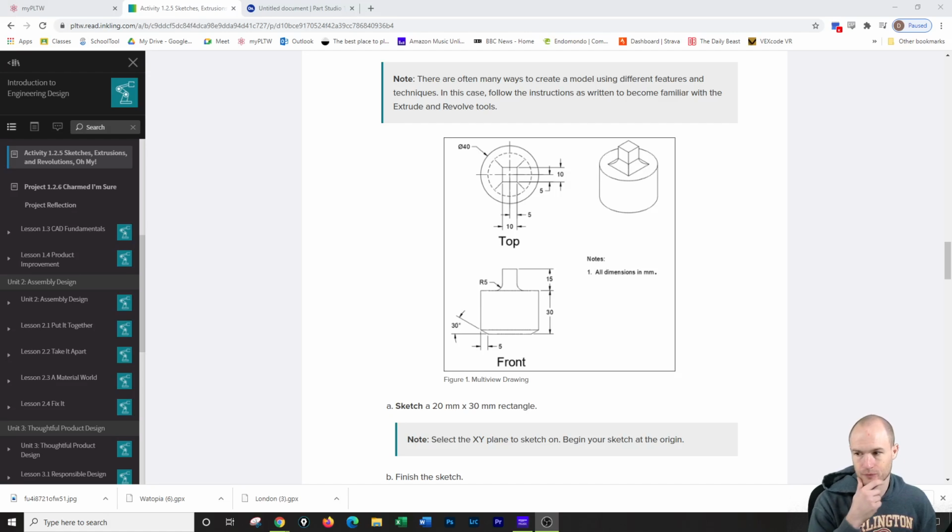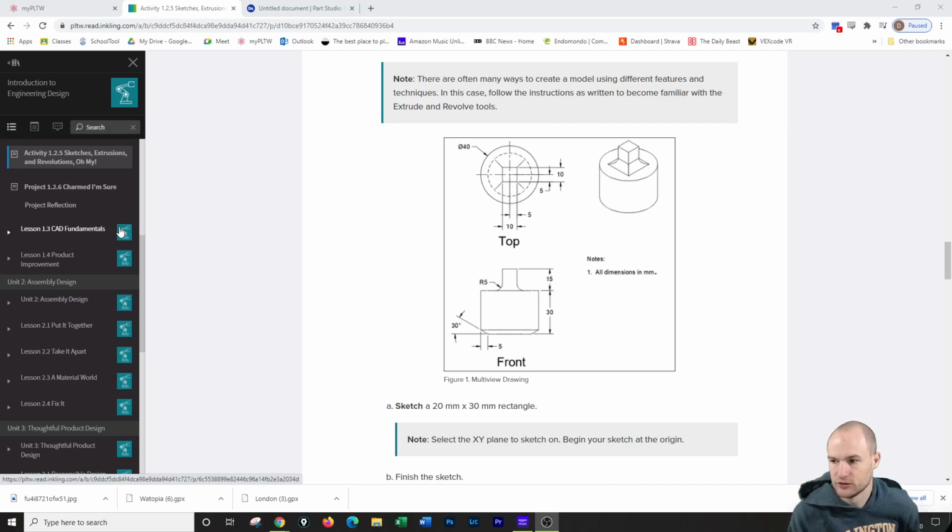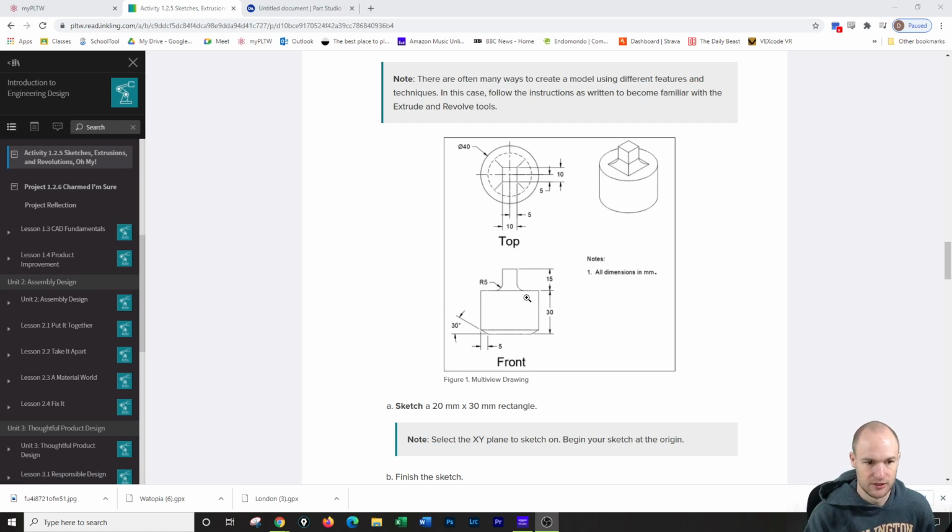All right, so in Project Lead the Way 1.2.5, it wants us to do a couple of models in here, and specifically wants us to do some of these using the Revolve tool. So I'm actually going to do that in here. I'm going to use the Revolve tool to do this portion, and then we are going to do this portion and probably do some kind of a chamfer on this,